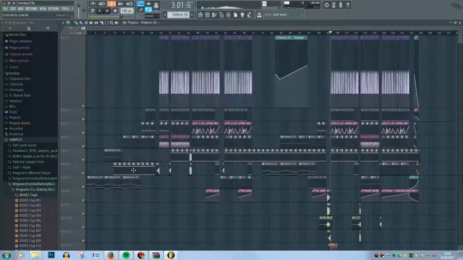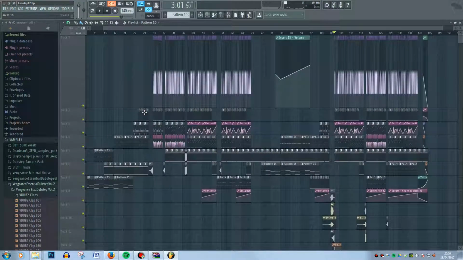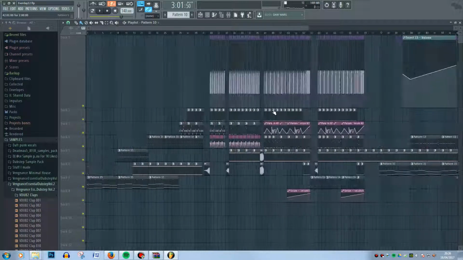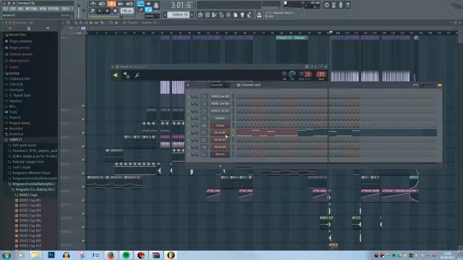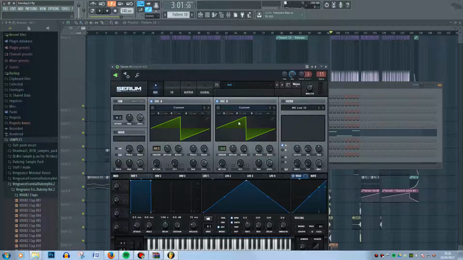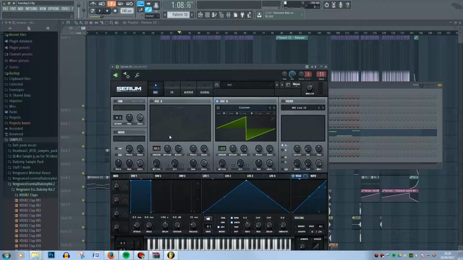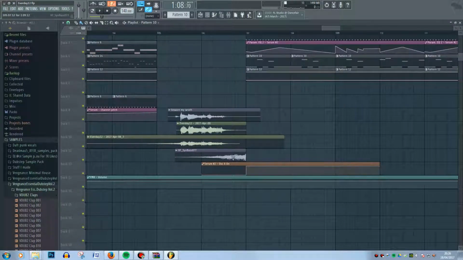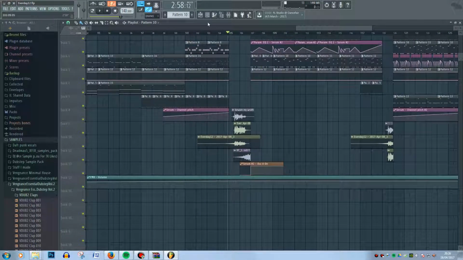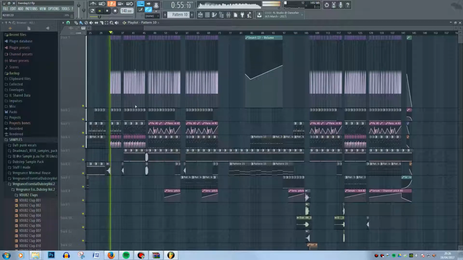Another interesting thing to note is I always try to make the second drop in a song harder than the first one. So that's why when you look at the Serum patch, you'll see now that the first oscillator is actually turned on. But earlier in the song, it was not turned on. That's why I have this little itty bitty automation clip which turns on the oscillator when it gets here, so that the drop is harder the second time, because the first time